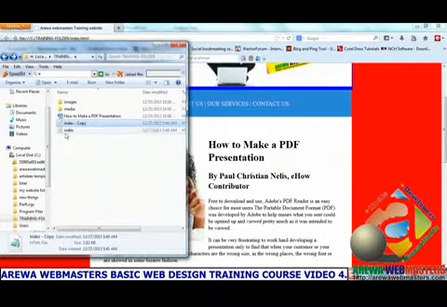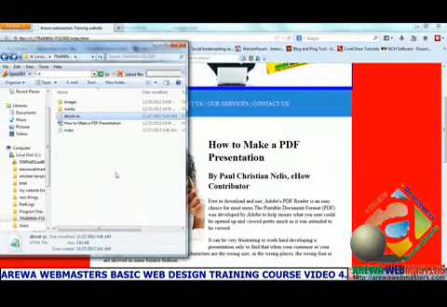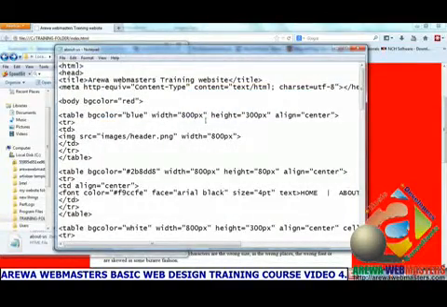and what we do is we simply copy and paste another copy. So you can see we have index and we have index copy. We now rename this index copy as about us, and we enter. So it means about us now is also a web page. If you click on it, you can see it opens the same thing, and for us to quickly know it is the about us page, so we just say